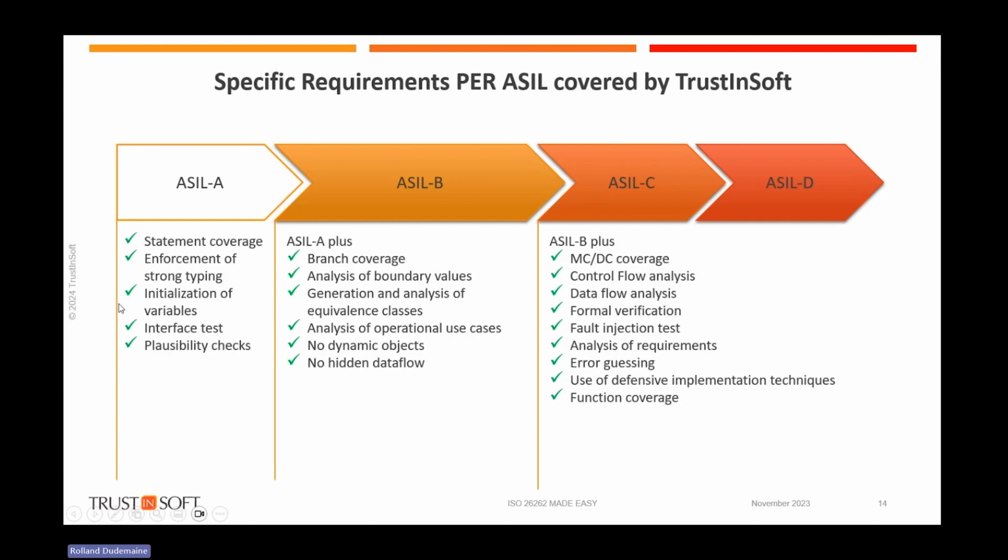It will detect when you use a variable that is uninitialized. So when you have that rule, initialization of variables is obviously part of the basic behavior of the analyzer. Interface test is what you do actually to make sure that you test sufficiently, but you can use the analyzer to run those tests